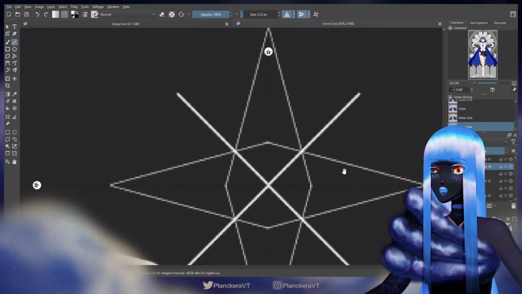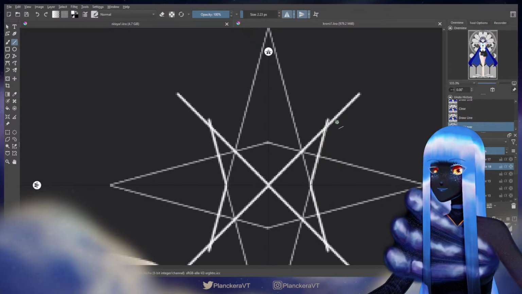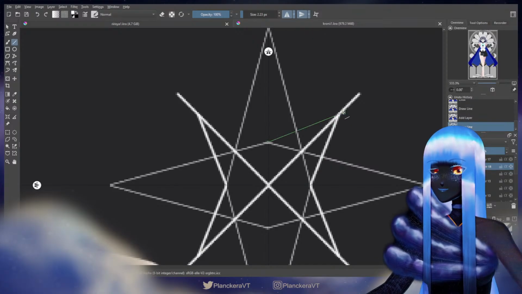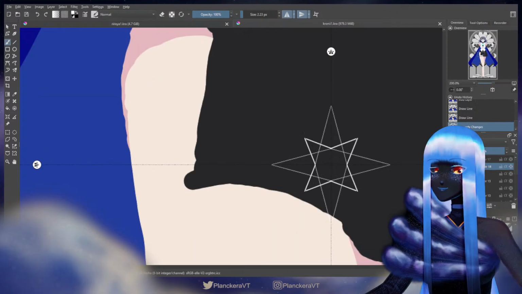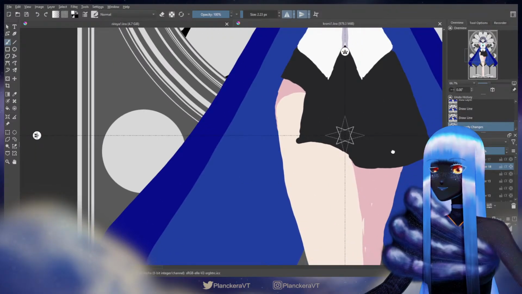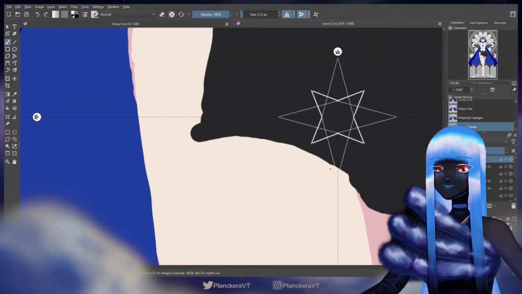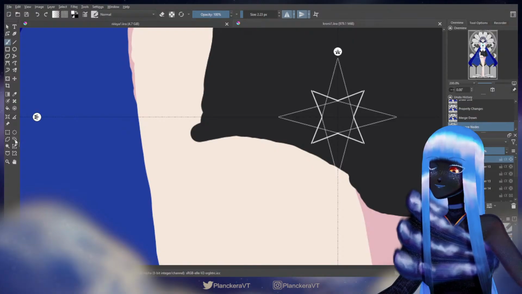That should let me do what I want here. So if I just kinda line it up at the same point on either side here, that should get me a pretty accurate star there. This works for me. Okay. And then I just fill it in.